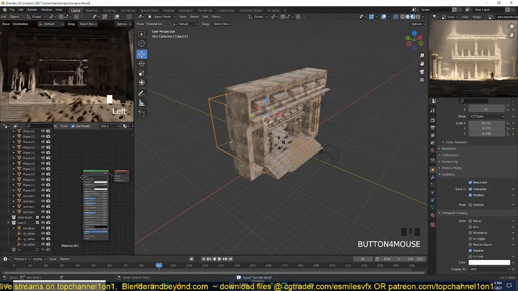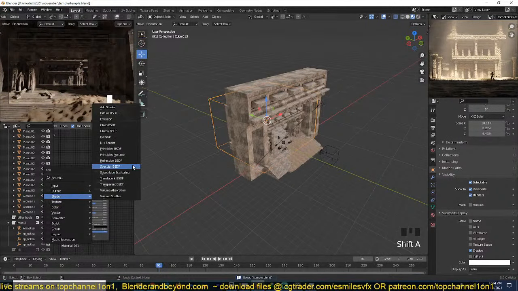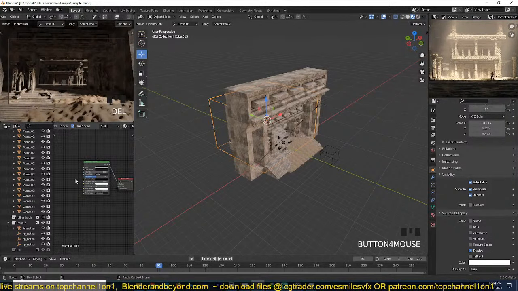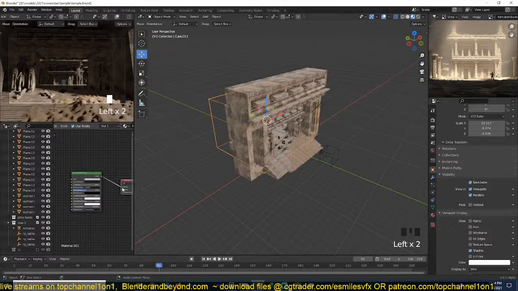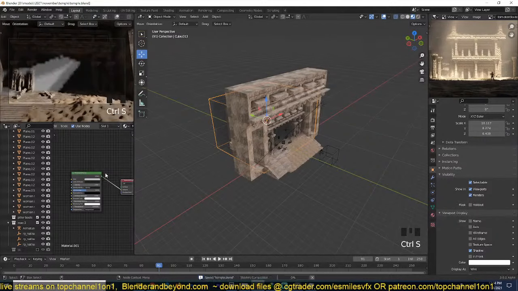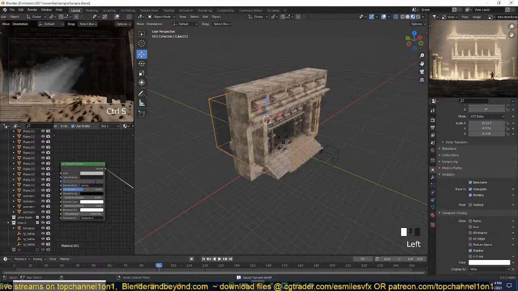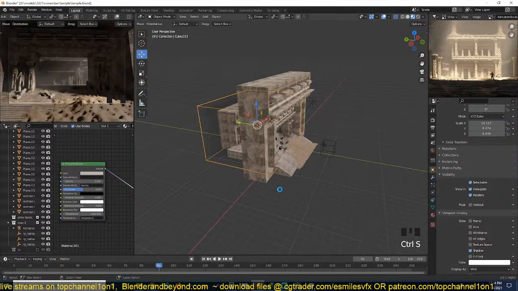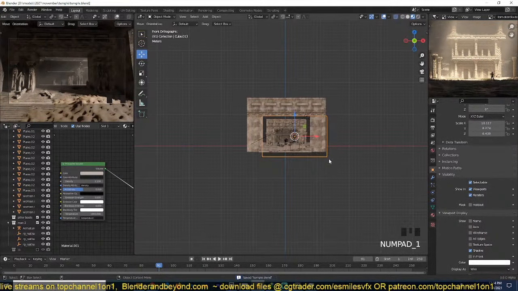Okay. Let's see if I add a shader, principled volume. Yeah, that's what I want. And I can use 0.5, 0.1. And let's get the